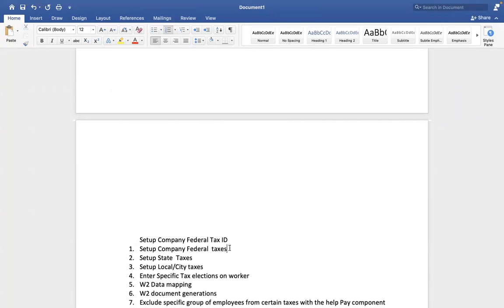Can anyone tell me any reason? Sometimes some employers may apply for exemptions. Can you give me one example? Charities, right? For instance, I'm working for a charity, and 20 hours I'm working, I'm getting a very minimal amount. I'm doing a service, okay, a minimal amount I'm getting. So I can apply for a tax exemption.